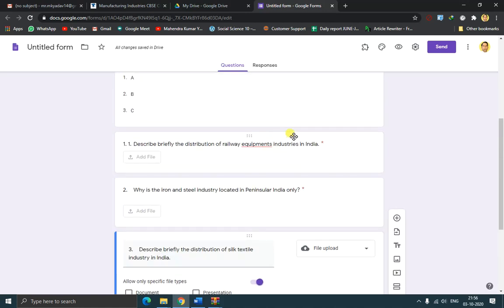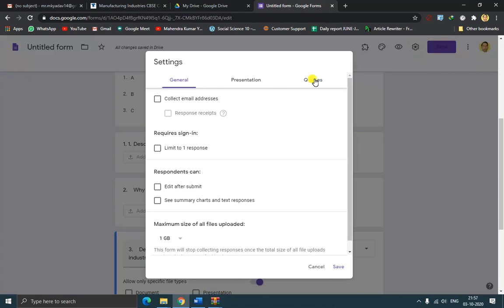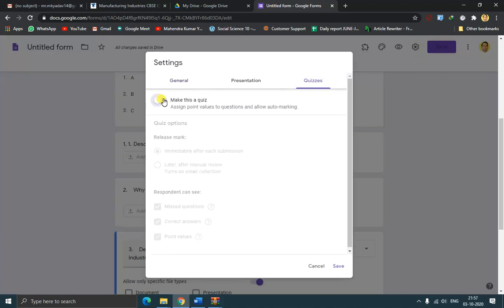So you can start from the beginning: first go in the settings, make it a quiz. This is required to uncheck, because maybe in your question paper you are providing MCQs also, so the correct answer should not be visible to the respondent, so you should uncheck it.